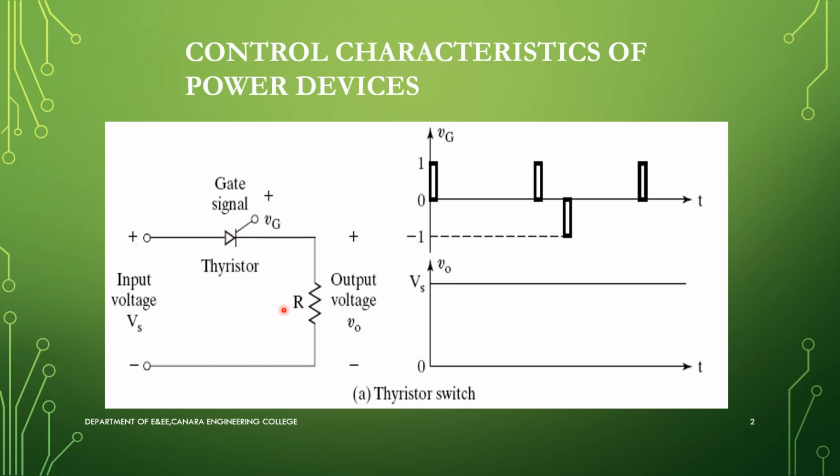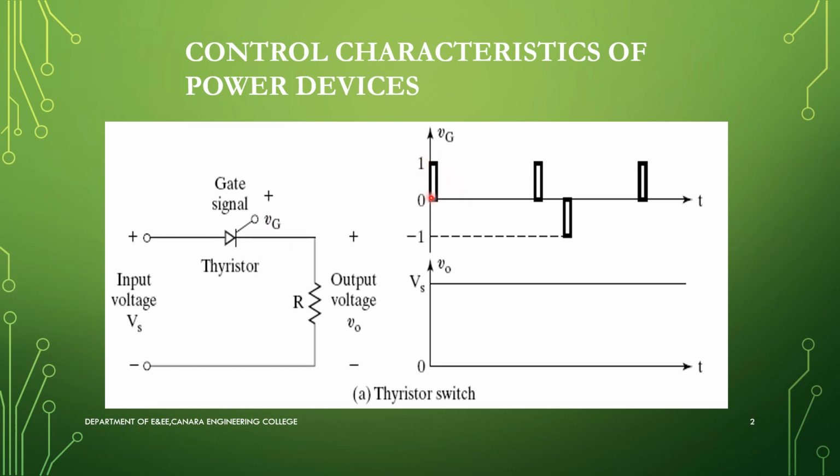So let us look at how this circuit works. On applying the input voltage Vs, the anode voltage being greater than the cathode voltage, the thyristor is forward biased. Assuming this, we will apply a gate signal to the thyristor. Always remember, the gate signal which we apply to the gate terminal should be a pulse.